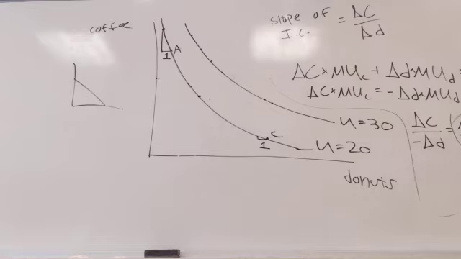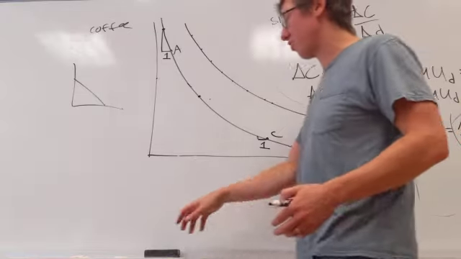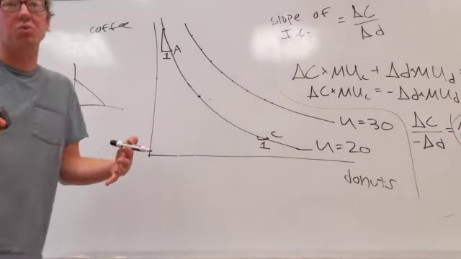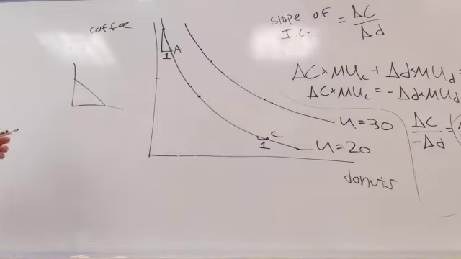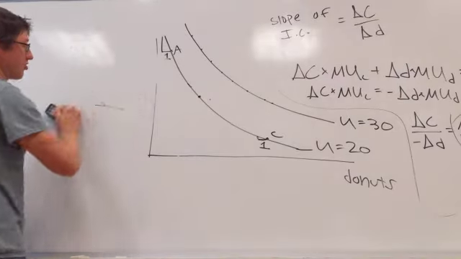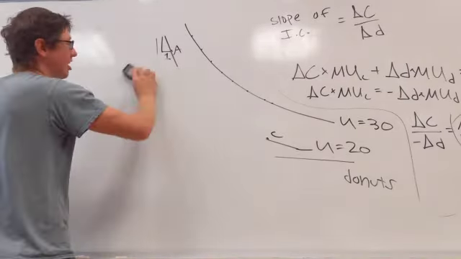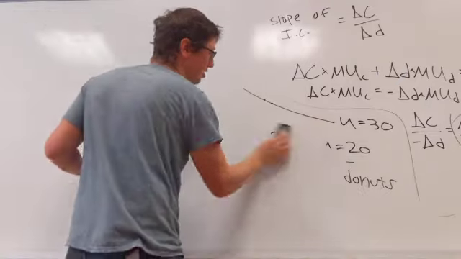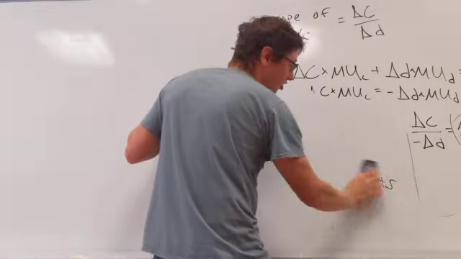Okay, let's put them together and think about what we're actually interested in, which is what the consumer will do. How many coffees will they choose to drink, and how many donuts will they choose to eat, given their preferences